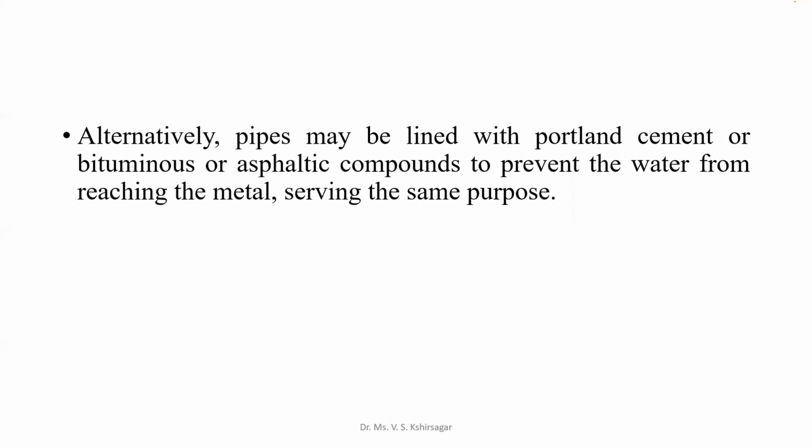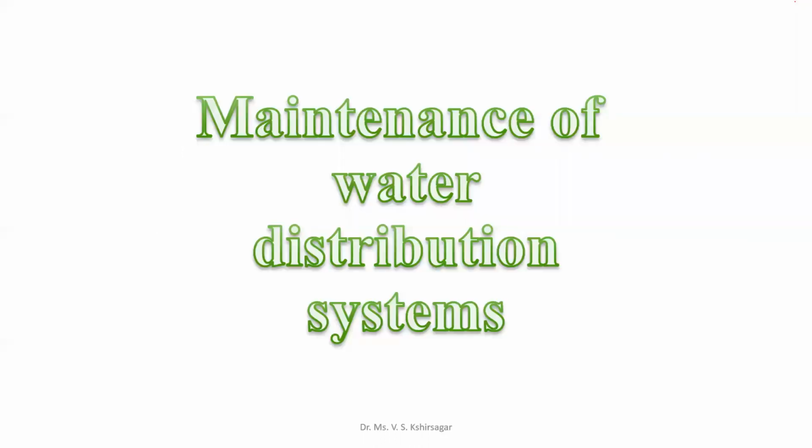Okay, we saw what corrosion is, we saw the ill effects of corrosion, and then we saw how we can control the corrosion. These three points we have studied about the corrosion of pipes. Is there any problem, point, issue or question you want to ask about this? If not, I'm going to start the second part of this chapter.